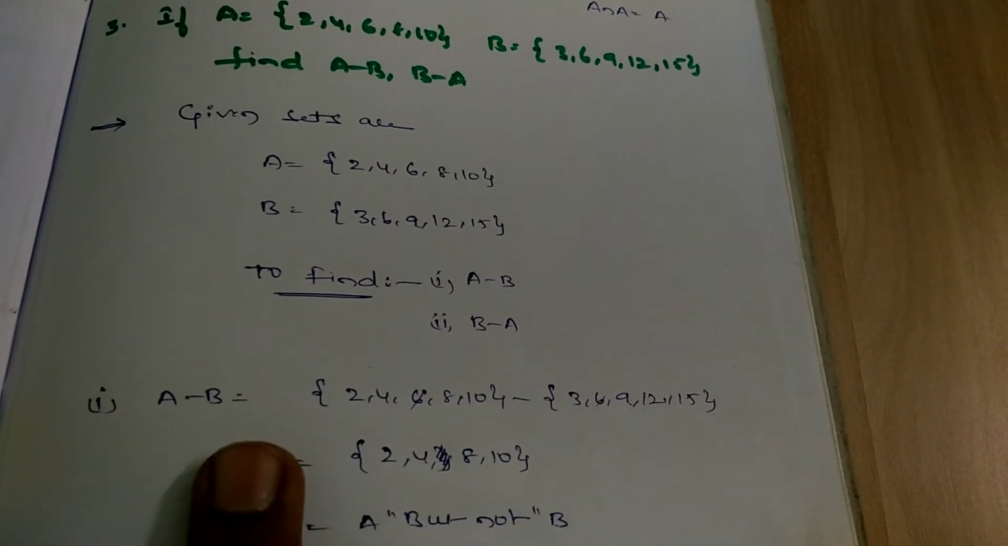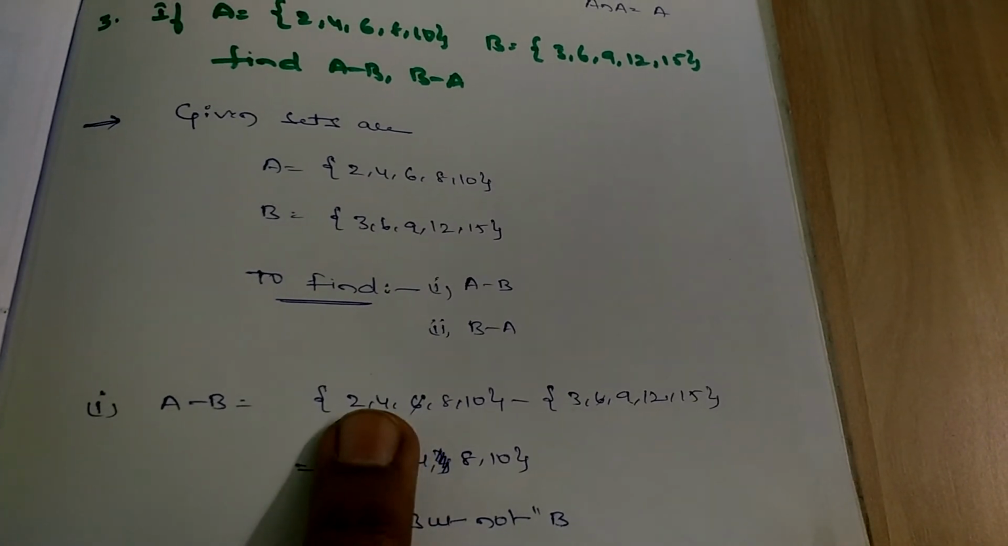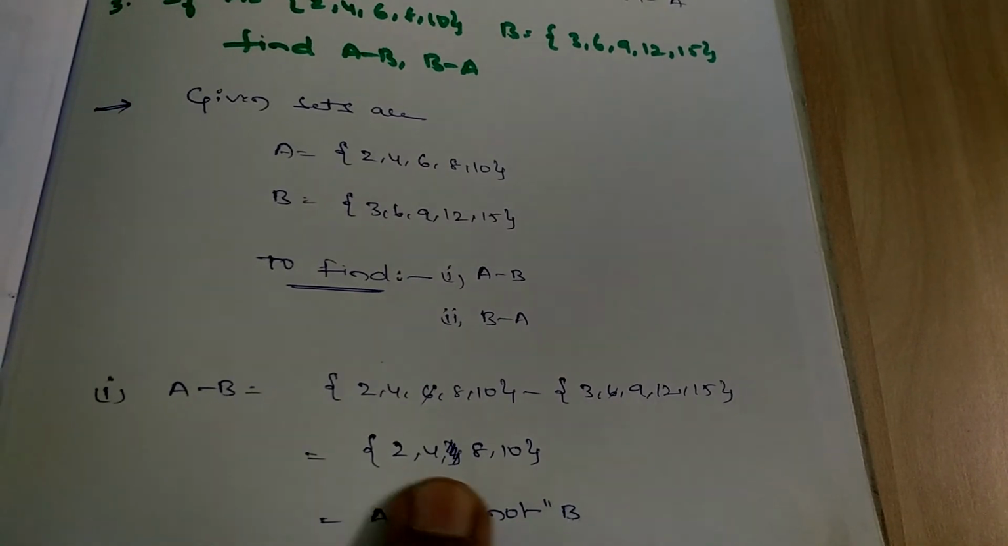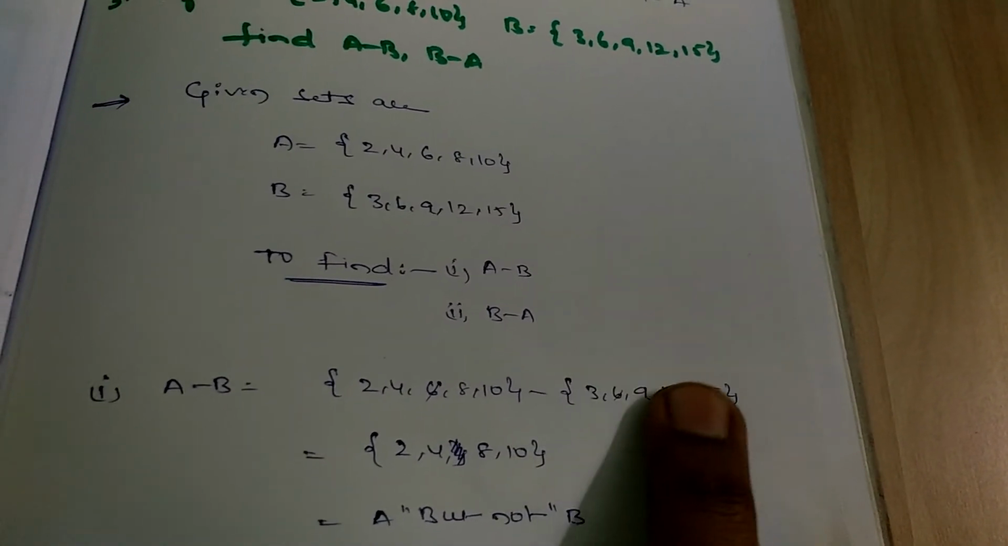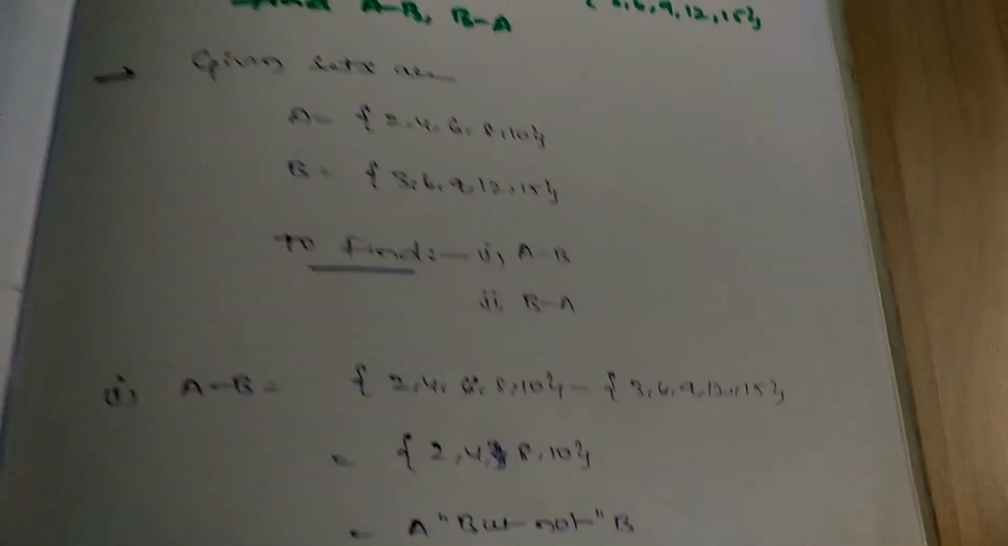Now what is the meaning of A minus B? A but not B. Okay, so what are the left out elements in A? Set A: 2 4 8 10. So mention only those elements. You don't consider set B, because it is but not B. We are not considering B elements. Okay, guys. Now coming to